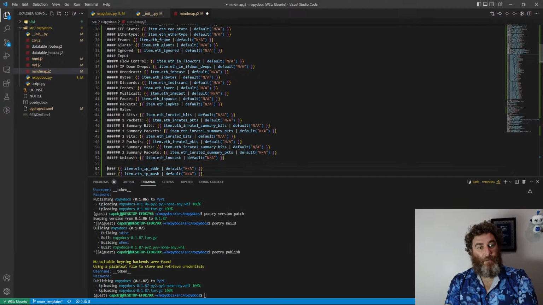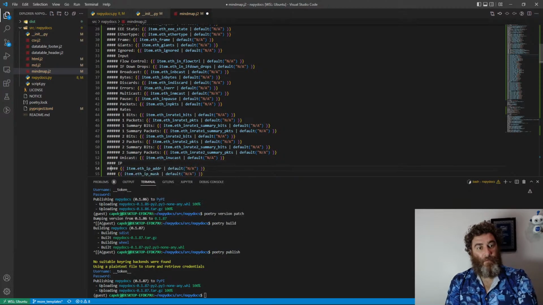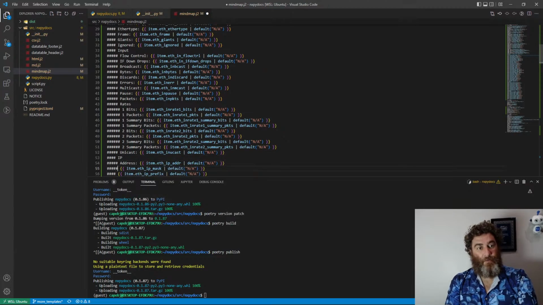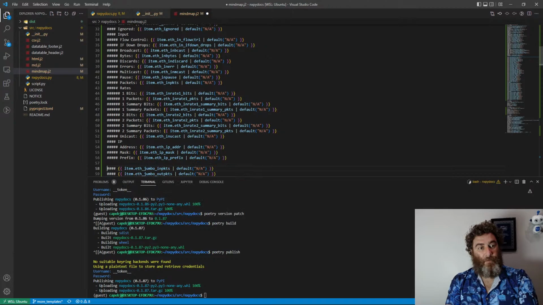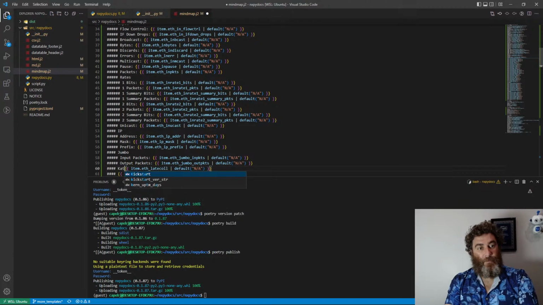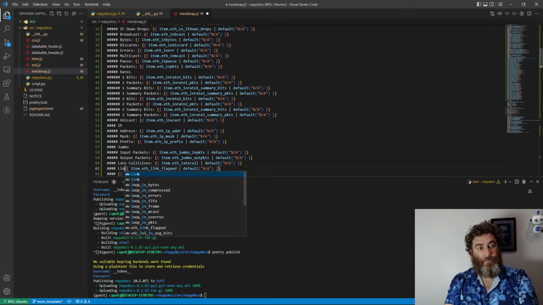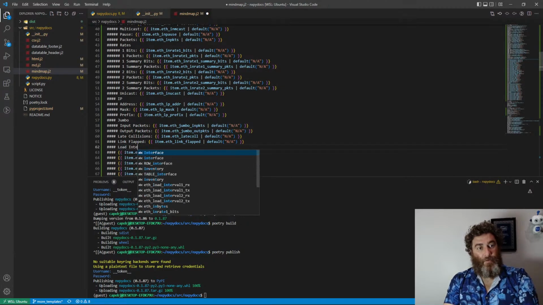unicast, and then 1, 2, 3, 4 IP, address, mask, prefix, jumbo, input packets, output packets, late collisions, link flap, load interval,